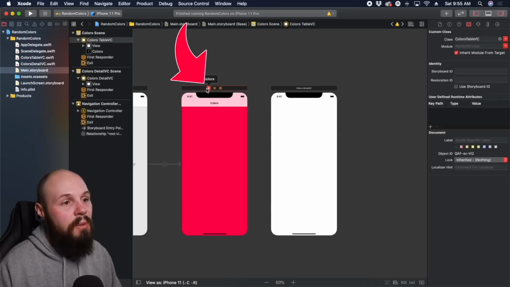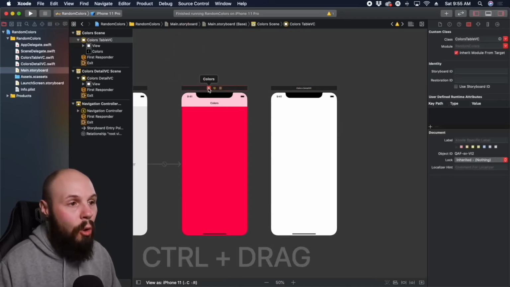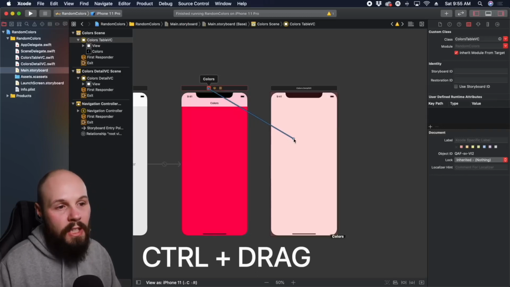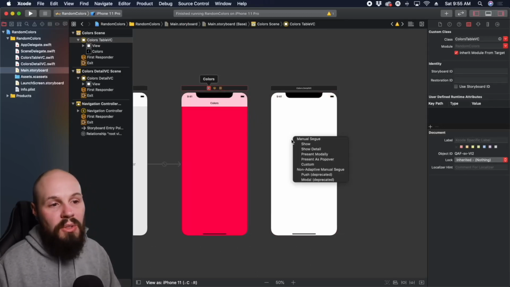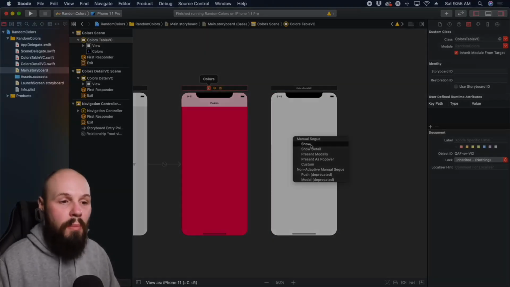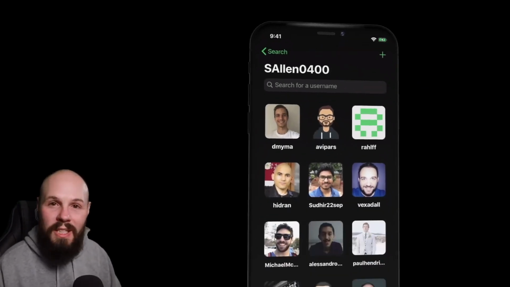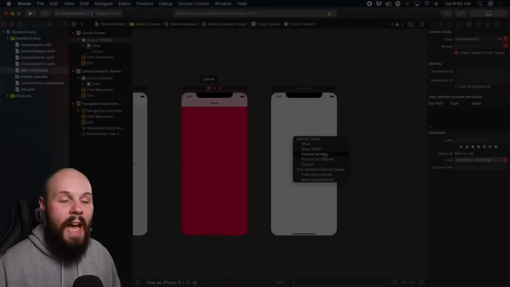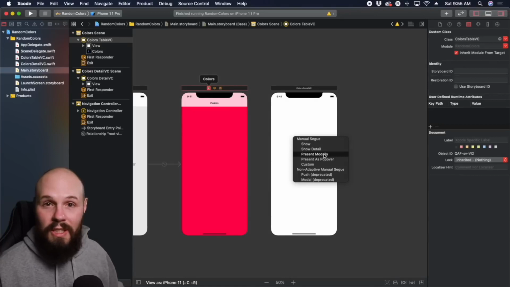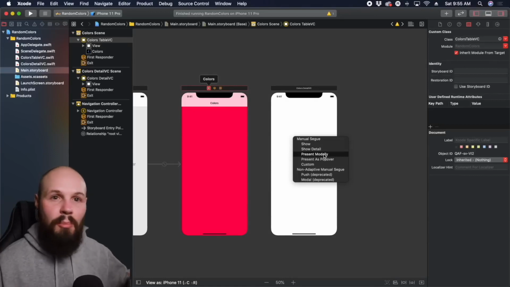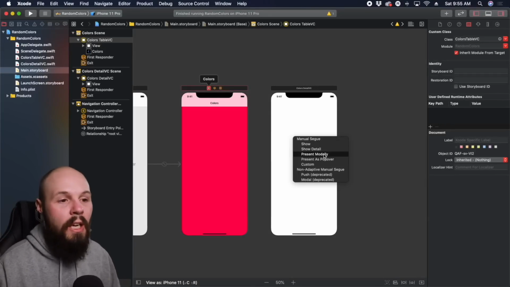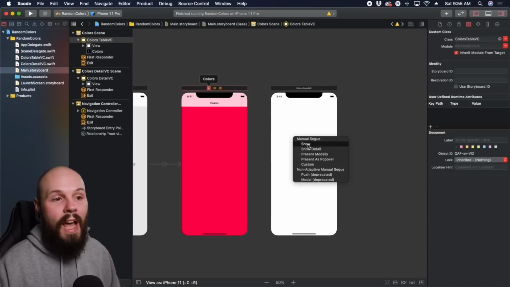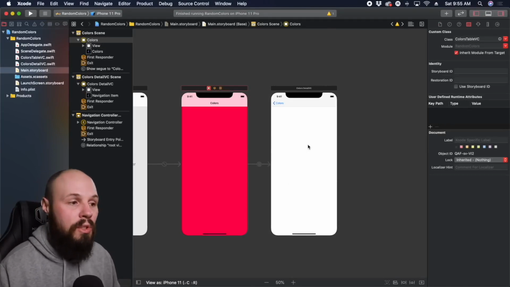So if you click on this pink view controller, hold Control and drag to this next one, and then let go of the mouse, you'll see segues that you can create. So you can create a show, present modally. So present modally is when it slides up from the bottom. We're going to be doing that in a future app. That is not part of your navigation controller when it slides up from the bottom. It's kind of like a temporary context that shows, and then you swipe it down, and then you're back to what you were doing. Do a show segue, that will put it in the stack of view controllers that the